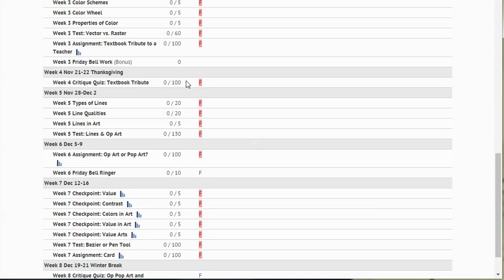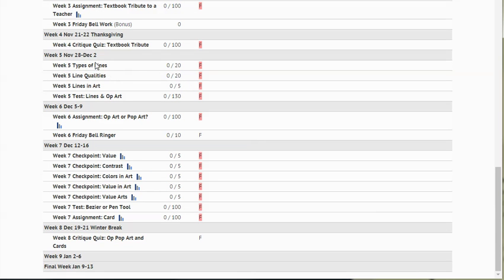The week 4 critique quiz is worth 100 points, another quiz that you could take. Here we go, we have some checkpoints and we have a test. So look at all of these points that you're accumulating without having to actually use Inkscape. Here's an assignment if you would like to skip that and just work on in week 7 and get to that point. There is also an assignment in week 7, but at that point you might want to check to see what your total points are.